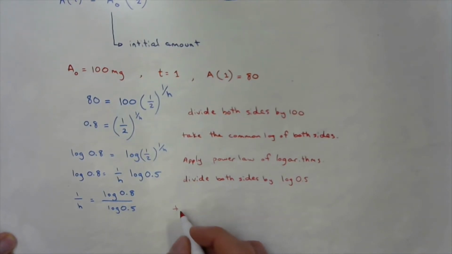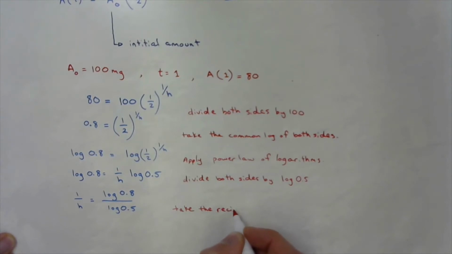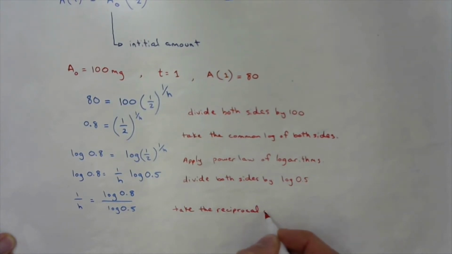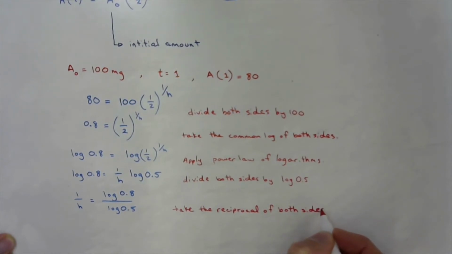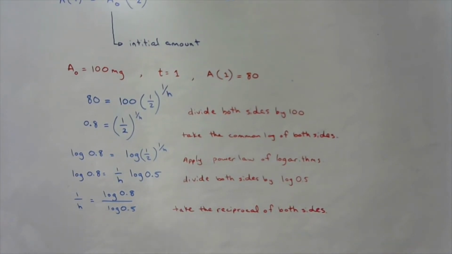Now you can take the reciprocal of both sides, which gives you on the left just h over 1, which is h, and on the right you get the